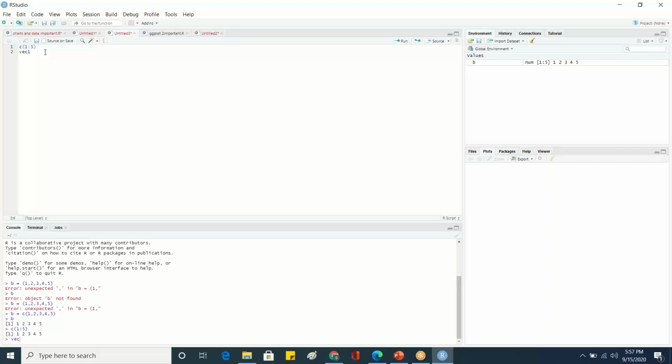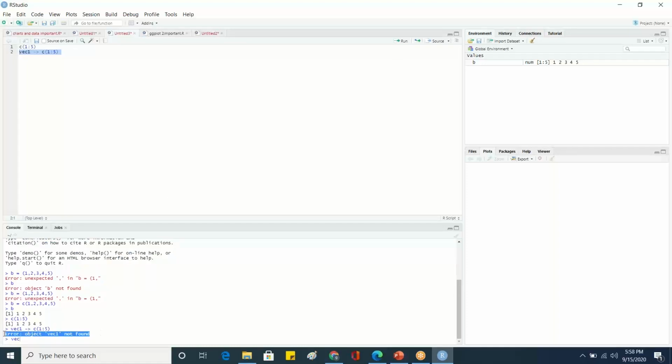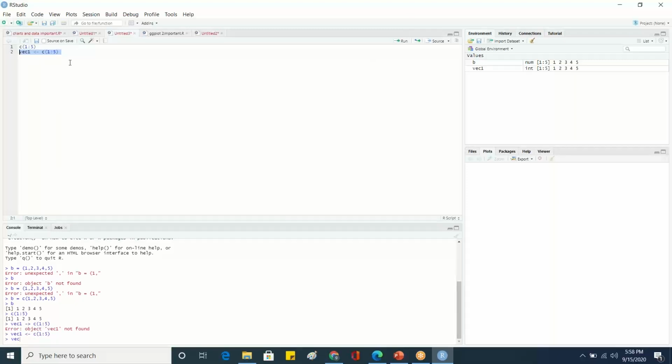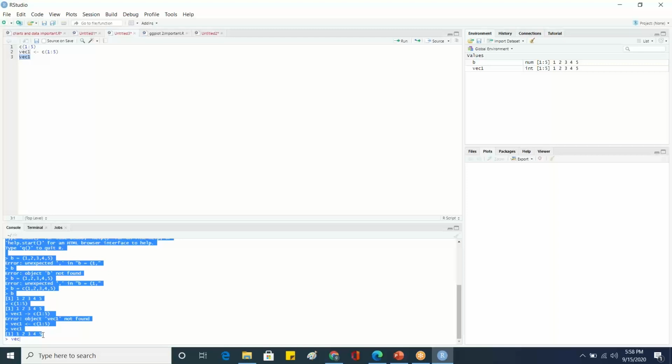But don't put it the reverse way, that will be wrong. Let me run it and show you, so when you face errors you will understand. It can work in some cases, but not in every case. See, it's showing error: vector 1 not found. So reverse equal to is not possible, it is only the front kind of equal to. I am loading the value from the combine function into this, and now if I ask what is in my vector 1, it shows me your value.